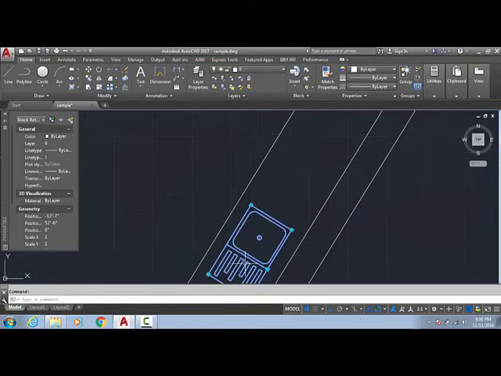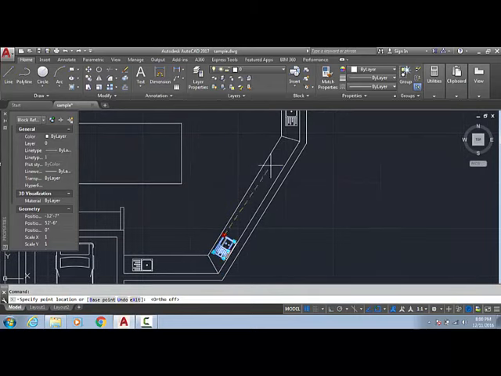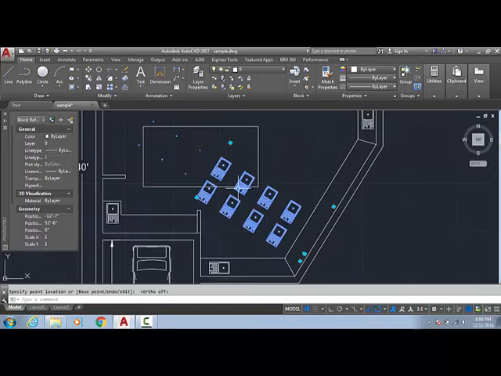Now whenever I select this, I get 4 selection points. What are these? Just try. I am going to select this, and I am switching off the Ortho command, so I can use this also, or F8. Just look, it is making its number of arrays.